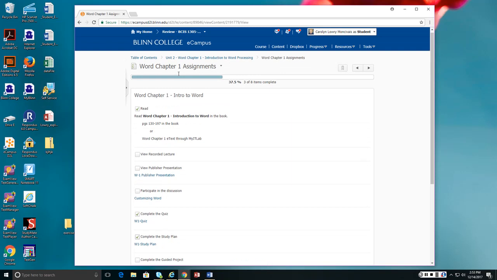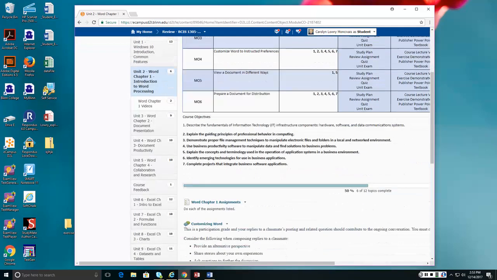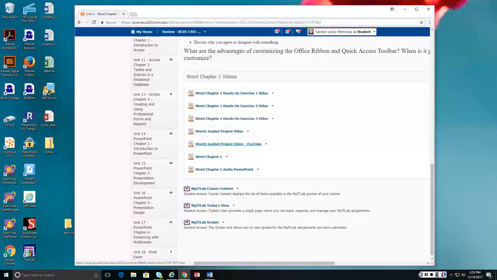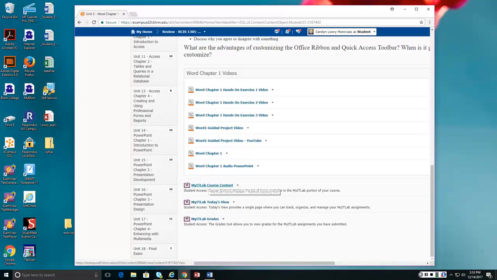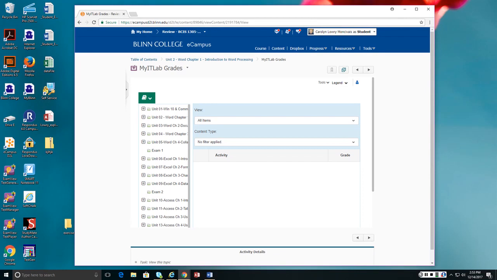And we're going to go back now to, we have a cookie crumb trail right here, and I'm going to go back here to Unit 2, Introduction to Word Processing, and you have right here a direct link to the videos. And then you have MyITLab course content, MyITLab today's view, and MyITLab grades. Now your ITLab grades aren't going to show anything here because there are no grades to apply. So I'm still actually in eCampus, and I can click right back